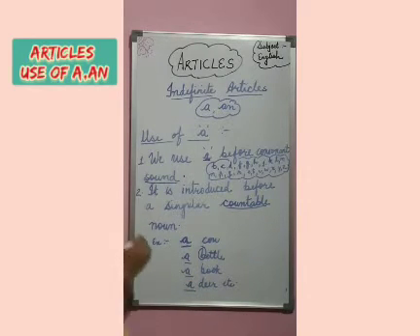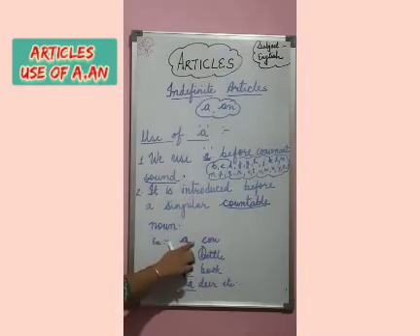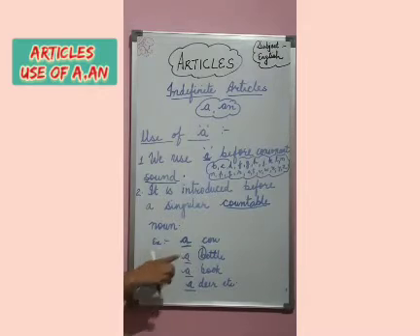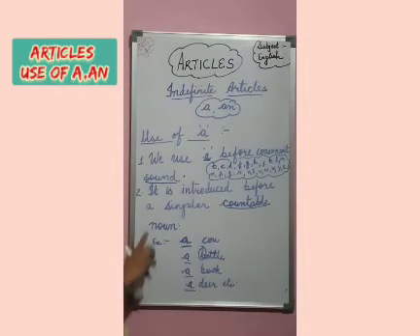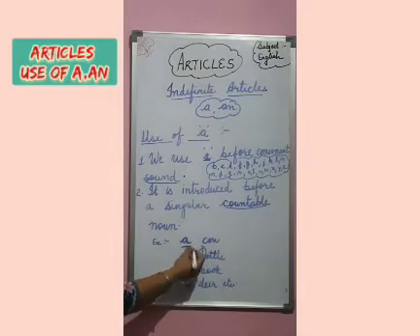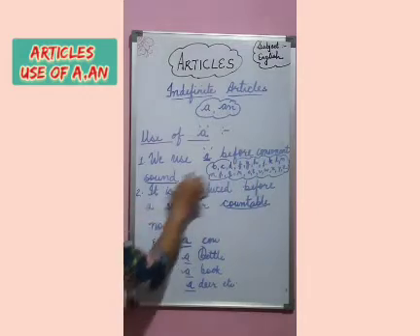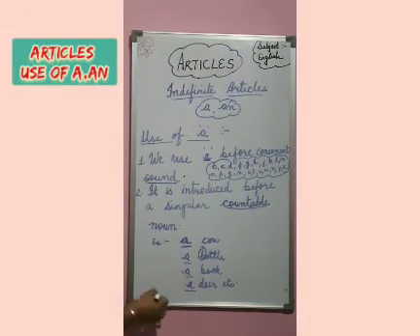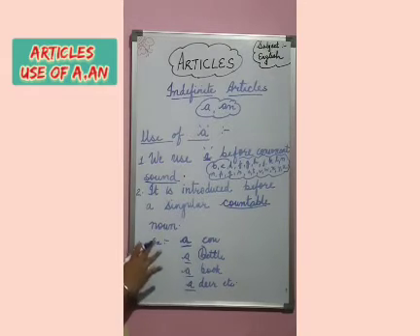So remember where to put a. What are the rules? A is put before a singular noun. That noun should be countable. That should not be plural. We do not put indefinite articles before plural nouns. And second, the main thing, we always put a before the consonant sound. And these are the 21 consonants. Now next we will learn about the rules where to put an.